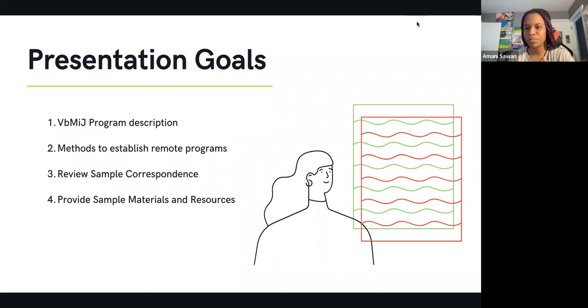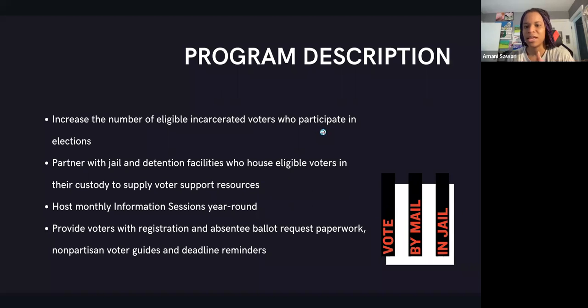And then we'll talk about samples of questions that you could ask, different tips on how to correspond with staff, and then I will give you some resources for you to be able to run with as you continue on in this work. So just talking about what Vote by Mail in Jail is, our main focus is to increase